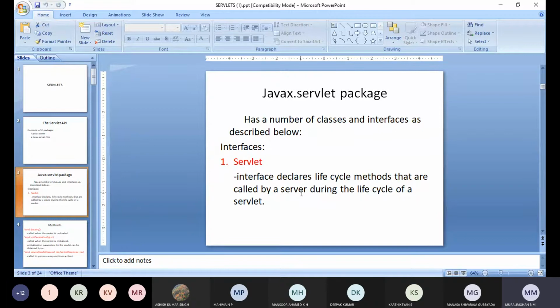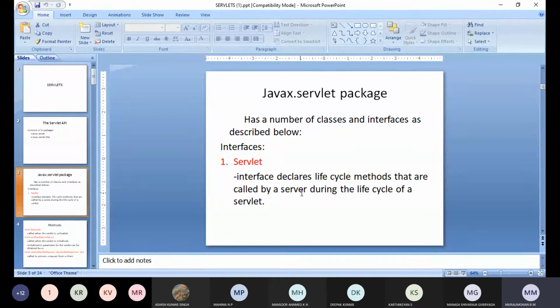To process the HTTP request or client request, the server will call the service method. Once the task of the servlet is finished, when the server decides to unload the servlet from its address space, then it will call the destroy method.